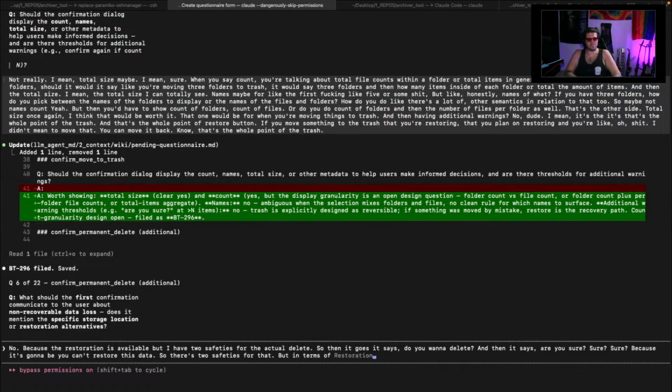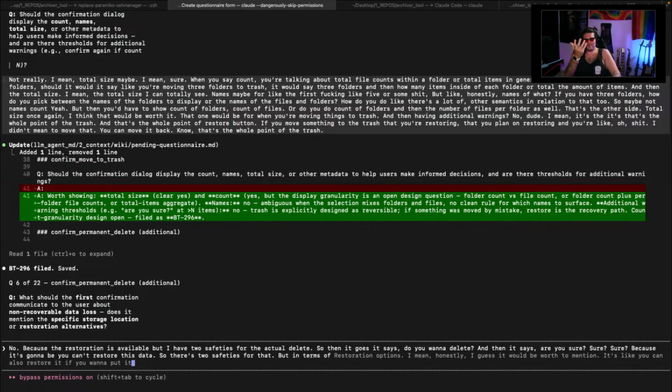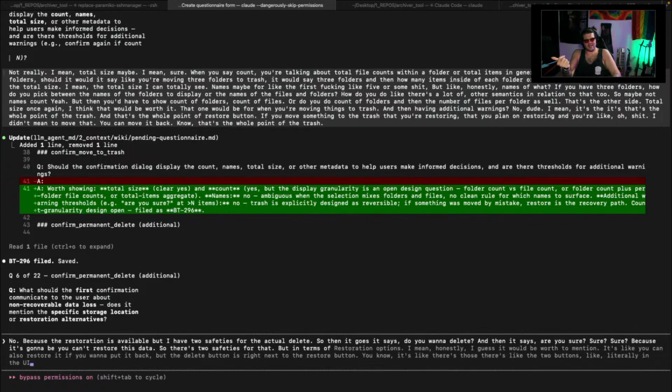Restoration options, I mean, honestly, I guess it would be worth mentioning that you can also restore it if you want to put it back, but the delete button is right next to the restore button. Literally in the UI, the 2 buttons are right next to each other. So I don't know if that's